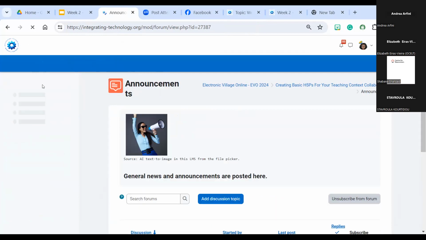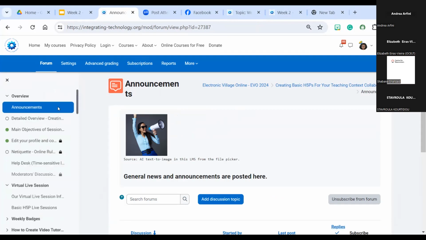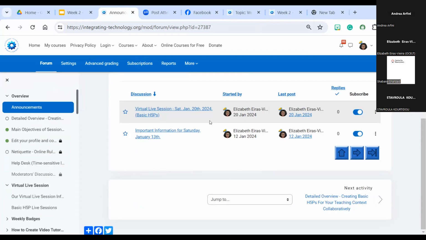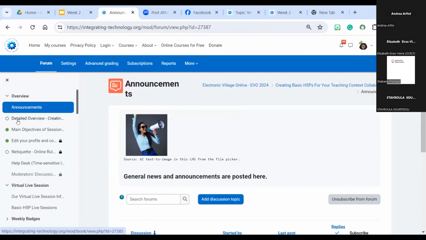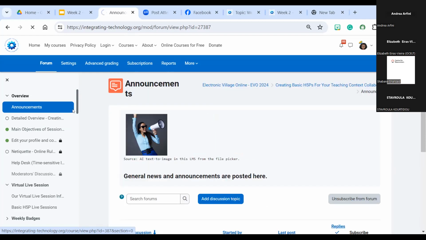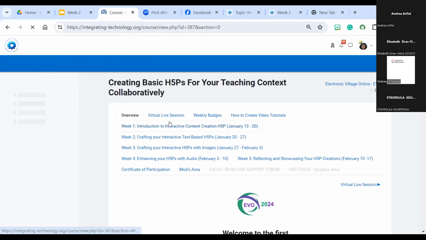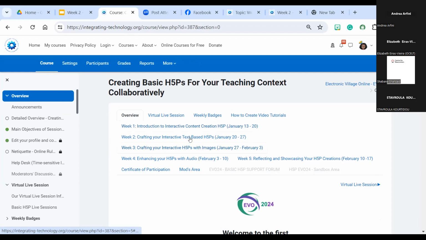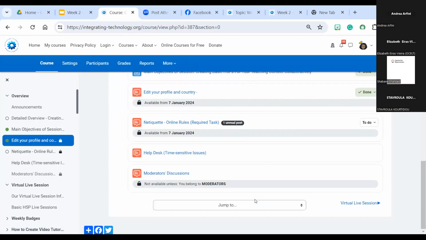Okay, so as we know with any Moodle course, you start from the top and you scroll down to the bottom. The announcements are not part of it. How come I'm not getting that view of the section? Andrea, do you see what I'm seeing? Okay, here we go. This is laid out a bit differently. These are like folders with all the information. Then you scroll down and you've got what you need to do.